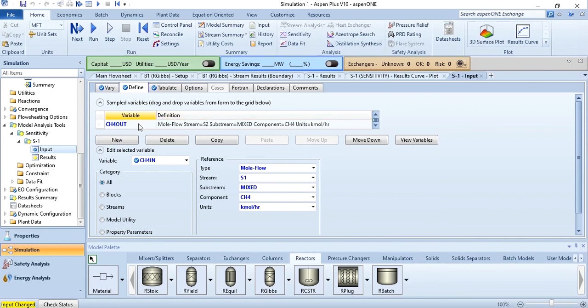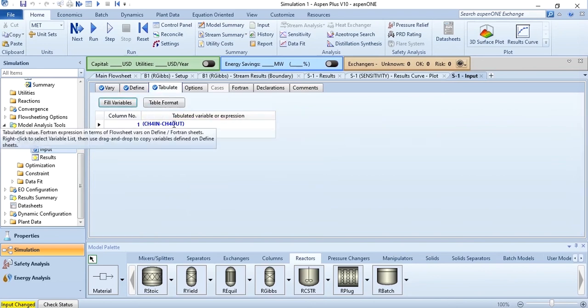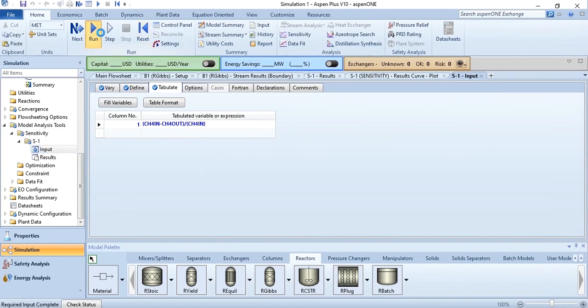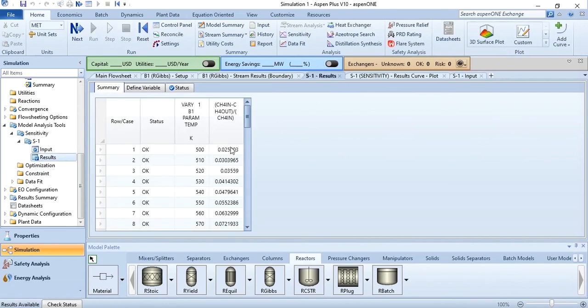For example, if I define it as 1 and it has 2, then I will write as 1 minus 2 over 1. So you must be knowing that you have to follow the exact scheme. So what you do, click on this run button and results are available now. And you can see that the conversion is now increasing. At 573 Kelvin, which was our starting point, it was 7.5. And you can see with sensitivity analysis, it is proving again. And it is now increasing.